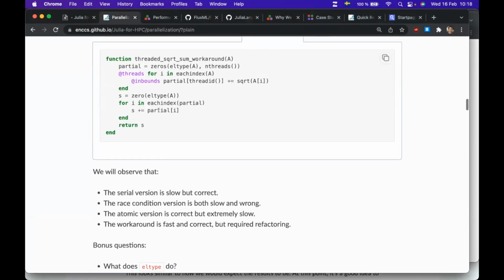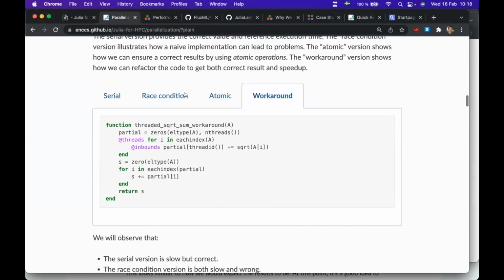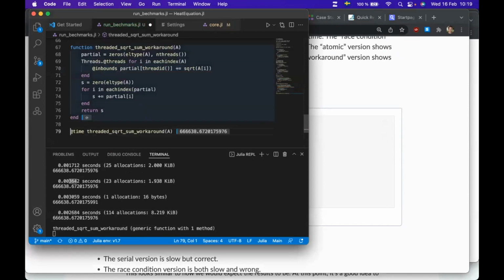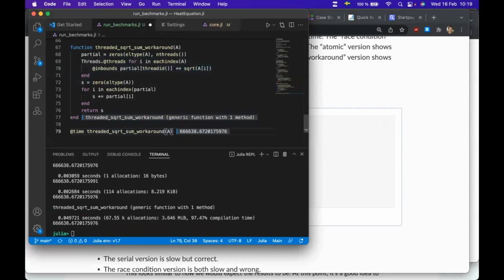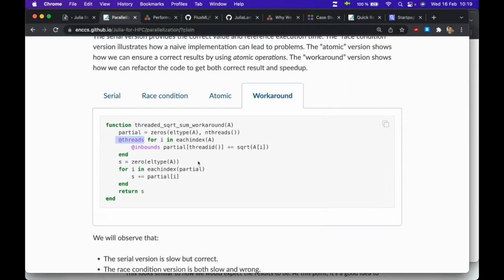You can use threads for an easy parallelization, but you have to watch out for this race condition problem. I'm just wondering if I am missing the threads in front? I'll redefine the function. Oh, it didn't matter. Anyway,